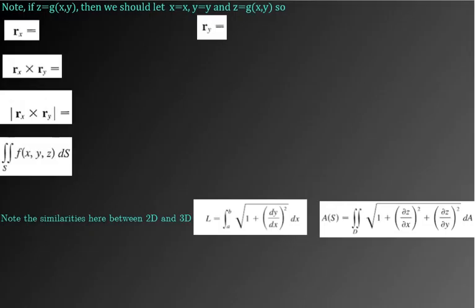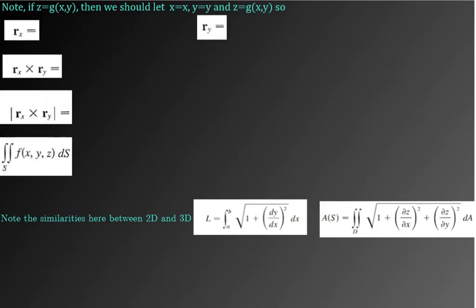So one of the things I just wanted to make a note about for the parametrization stuff, a lot of times we actually call these things graphs in math. If you can write z as just a function of x or y, some of the computation gets a little bit easier, and you might want to, I hate the word memorize, but you might want to memorize what this thing is, and it actually will look fairly similar. So here, let me just kind of go through this. So r